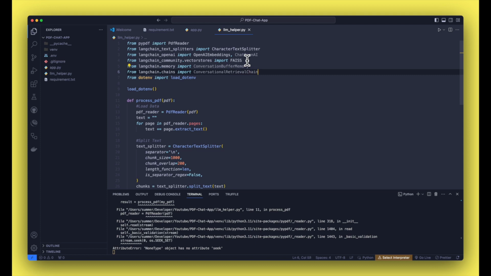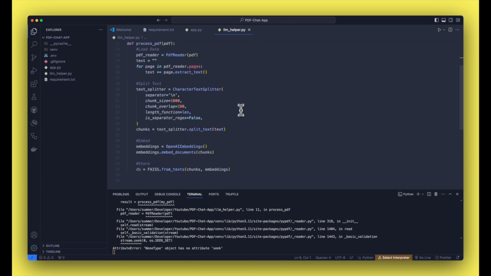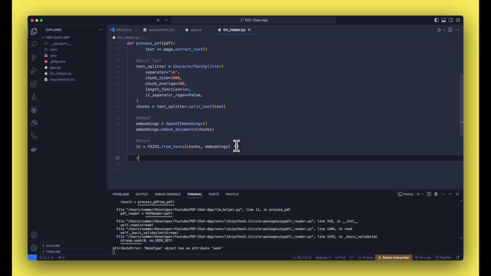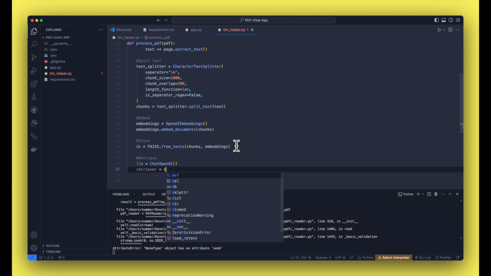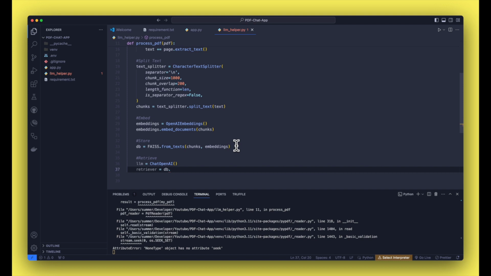Retrieval chain. All right, so that should be all the imports that we need for this. So going back to our function, we're gonna just do the retrieve step. And the first step here, we're gonna import our LLM that we just imported. So chat openai. So that's our LLM. Then we're gonna set up our retriever. So we're gonna call our retriever. And that is going to be coming from our database, our vector store database we just set up. And then we're just going to make that as retriever